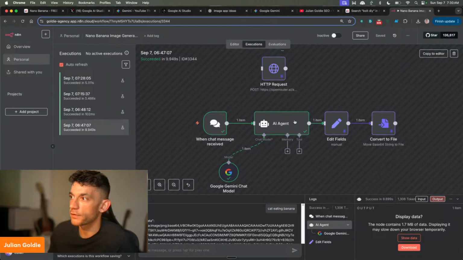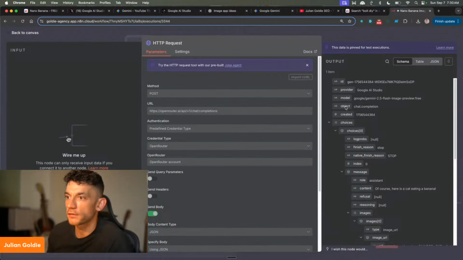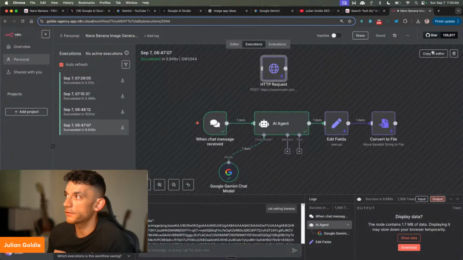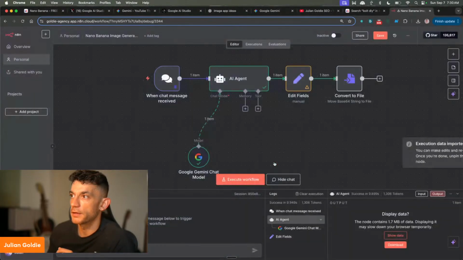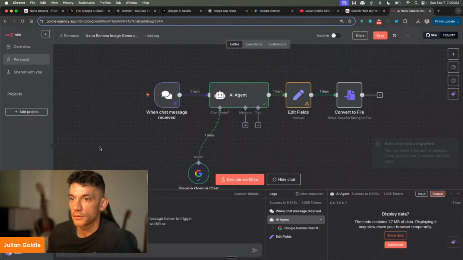Now, if you use it with OpenRouter, it is going to be paid, right? Because you're using the paid API. But if you're using it beyond this weekend, I would recommend using that. So if we copy that to editor like so, unpin all the files like this, and then